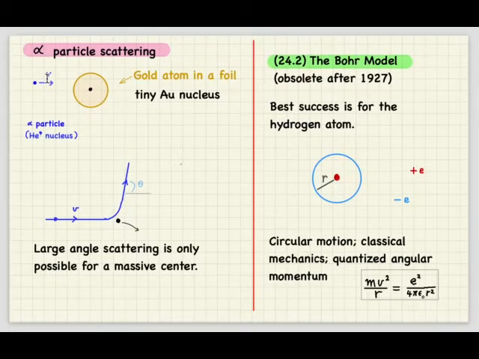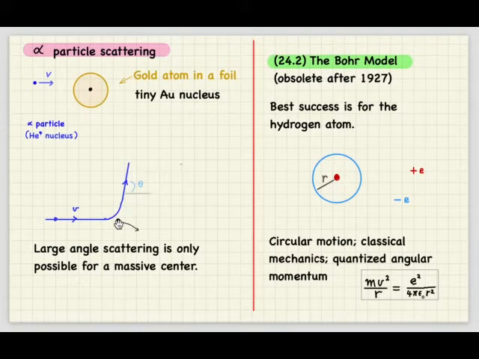An alpha particle is about 8,000 times greater mass than an electron. So as the alpha particle comes through the electron cloud, it's not affected very much. But if it comes close to the nucleus, this tiny gold nucleus, it collides with an object with a large